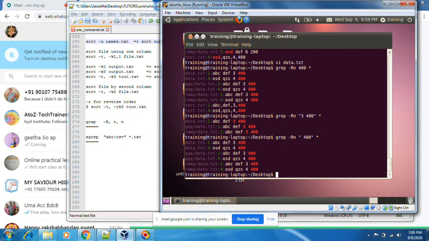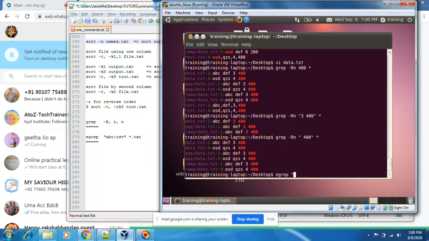If I want to search two strings simultaneously, we use egrep, extended grep. I want to search QQQ, or something else. I'm searching inside the file now.